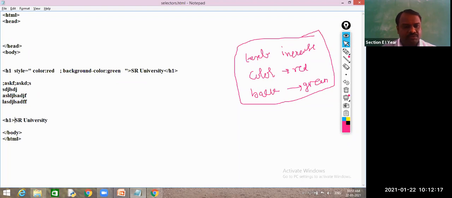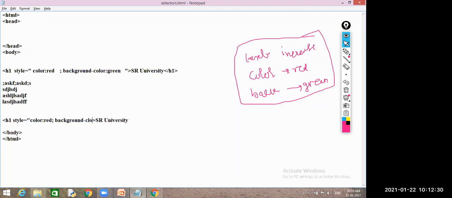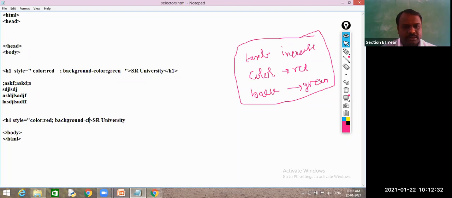Again, I use the H1 tag and its style is color as red and background color green. I have to give it this way and I will close this H1 tag.